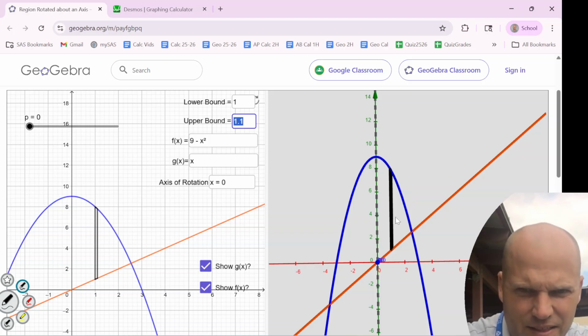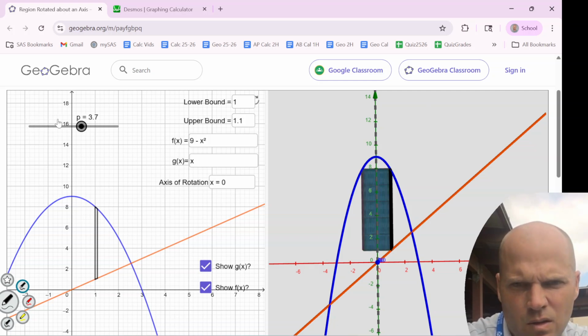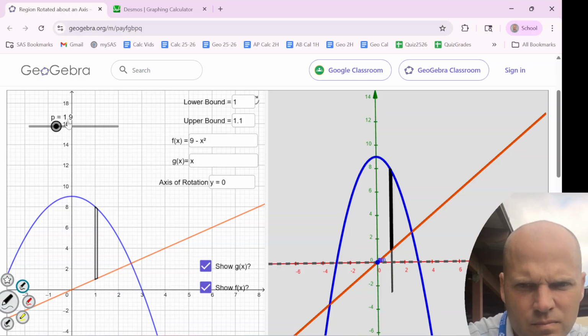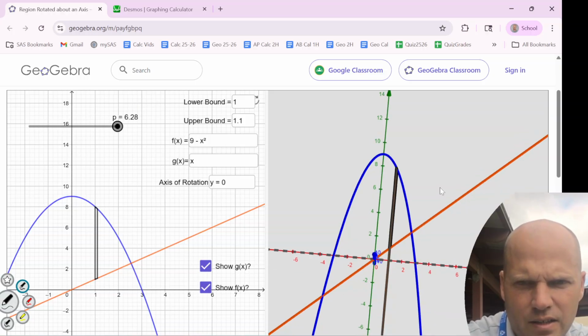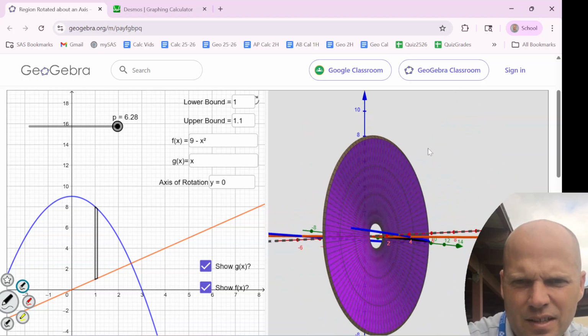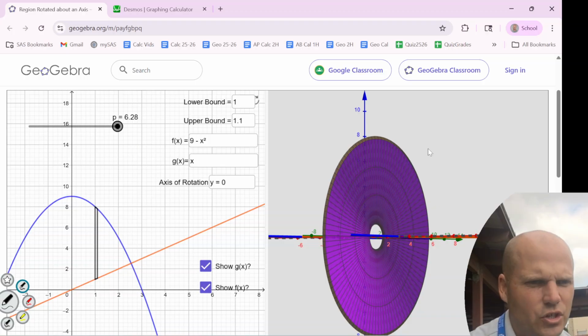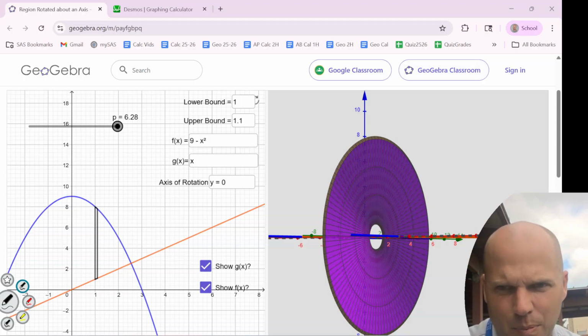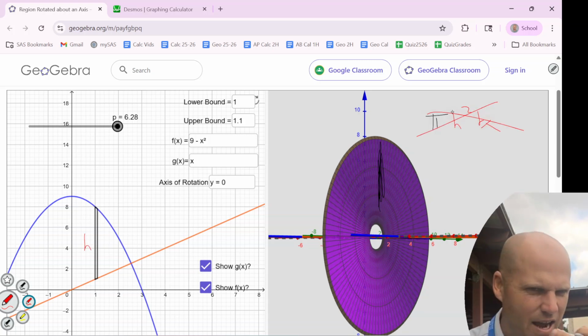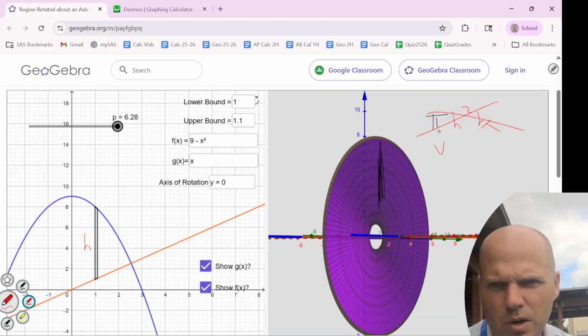Let me take this rectangle and spin it. Look, what is created is what's called a washer. It's a cylinder with a hole on the inside. Now, the volume of this washer is not as simple as pi h squared dx. It's not correct. The volume of a washer